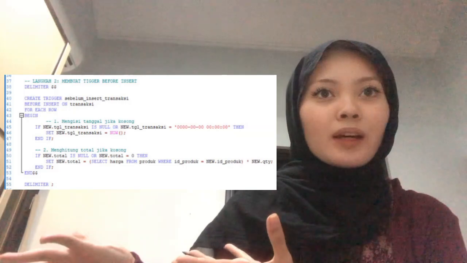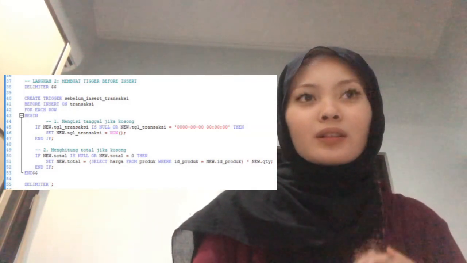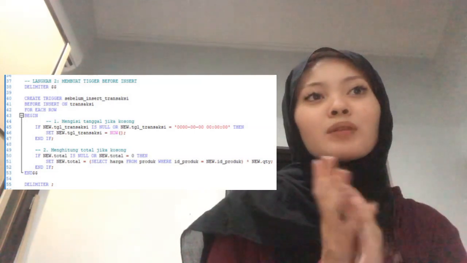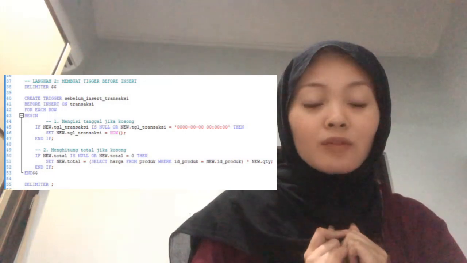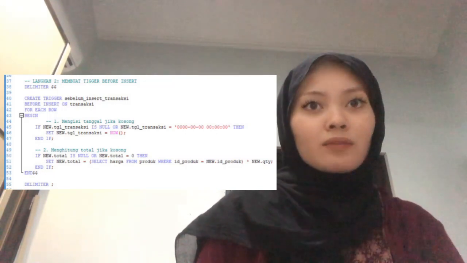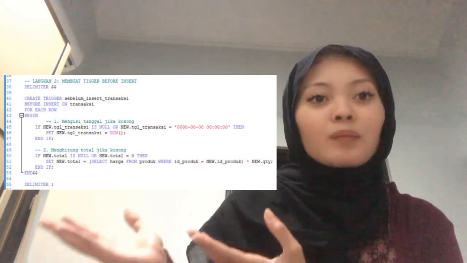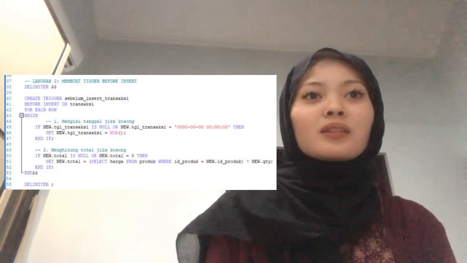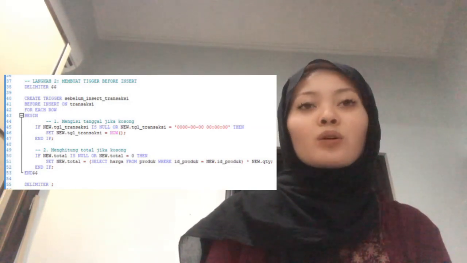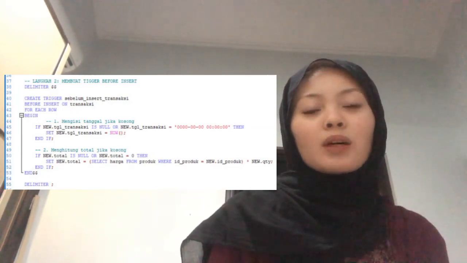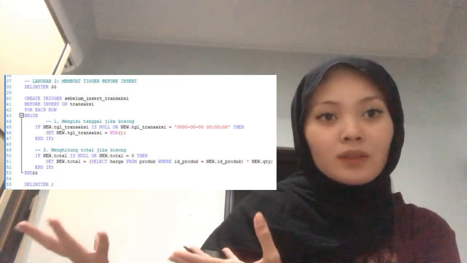And now let's look at the first trigger. It is sebelum insert transaksi. This runs before the data is saved. Why before? Because we want to fix or calculate the data first. First, look at the delimiter. We change the delimiter from a semicolon to $ signs so MySQL doesn't get confused by the multiple statements inside the trigger.